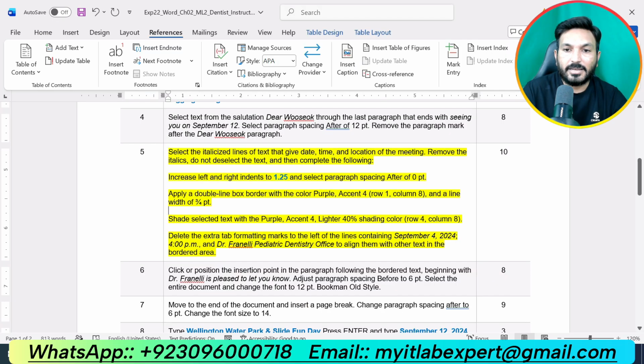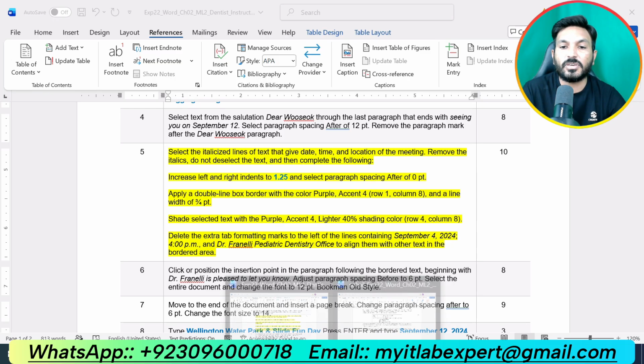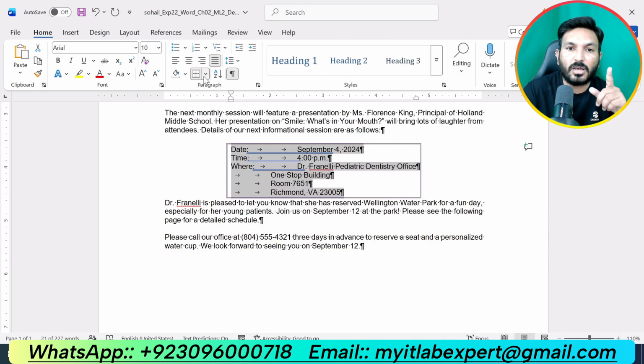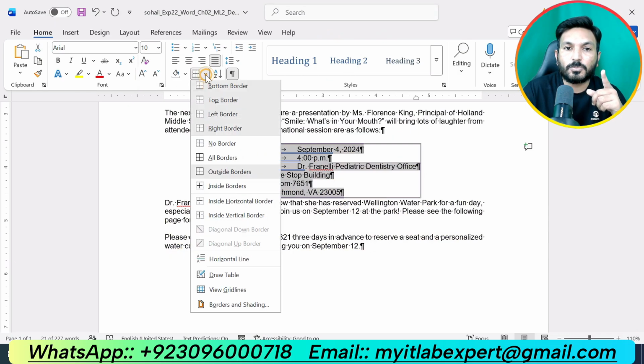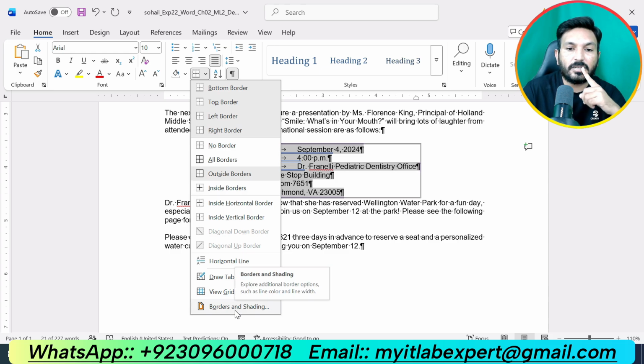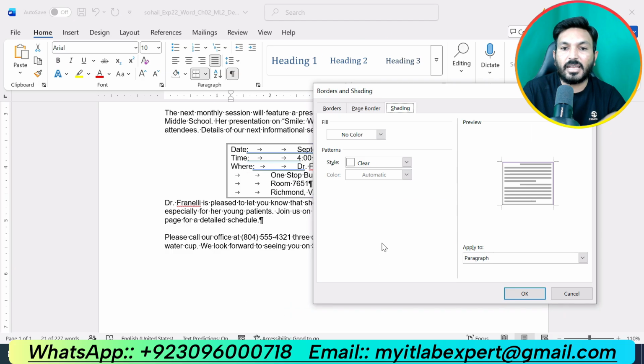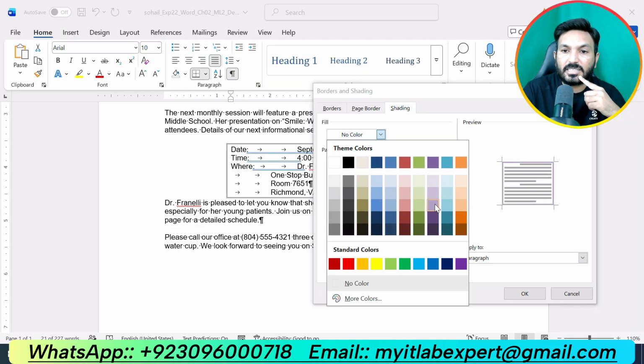Now it is saying shade selected text with the purple accent 4 lighter 40% shading color. So now we are supposed to apply shading to this box border. Again go to the Home tab, go to Borders and Shading, and go to shading and select purple accent 4 lighter 40%.